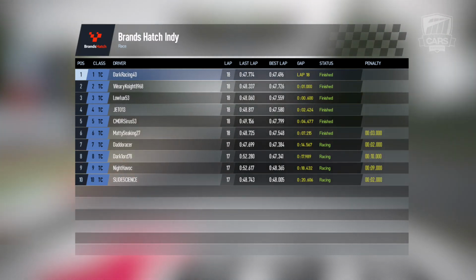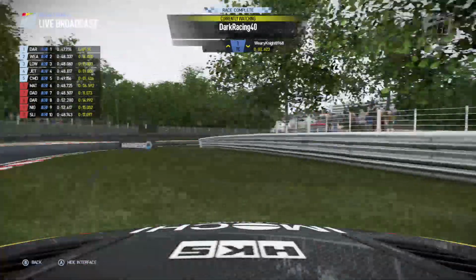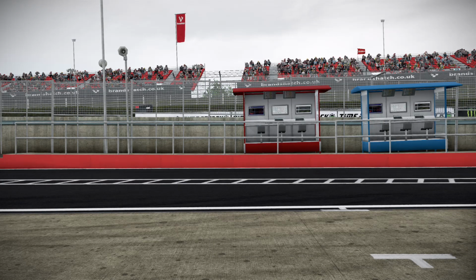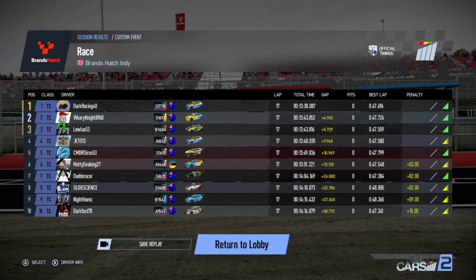It's Dark Racing 40. You might want to go back and have a look to see Darky doing his little reverse burnouts. You can see there at the moment on board, getting dizzy. Sorry to our viewers about that. But there's the results. Unbelievable. Dark Racing 40 taking a great victory, but then that last lap between Jaddo, Matty Seeking and Commander Cirrus,